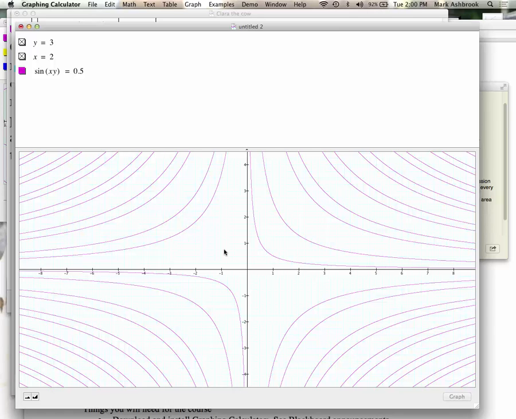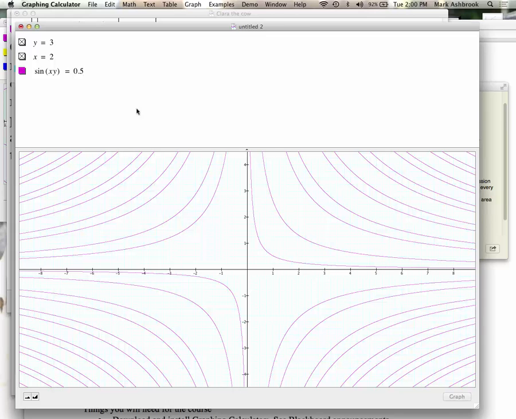Yeah, where I'm pointing at with the mouse. Well, if you were to take the x and the y from that point, it wouldn't equal 0.5. What wouldn't equal 0.5? The sine of x and y does not equal 0.5. Yeah, this is right. Whatever x and y values here, you take the sine of x times y, it's not 0.5. Any point on the graph? Right, the sine of the product of those coordinates would be 0.5.